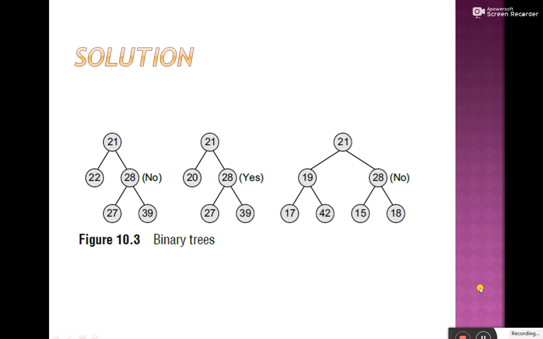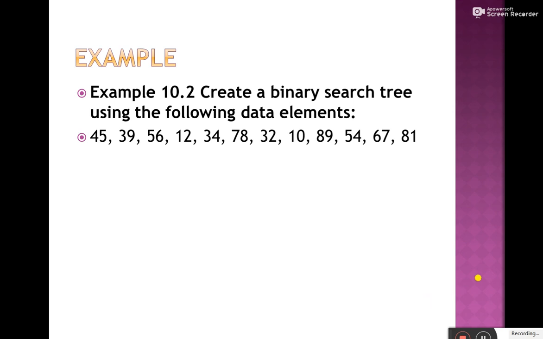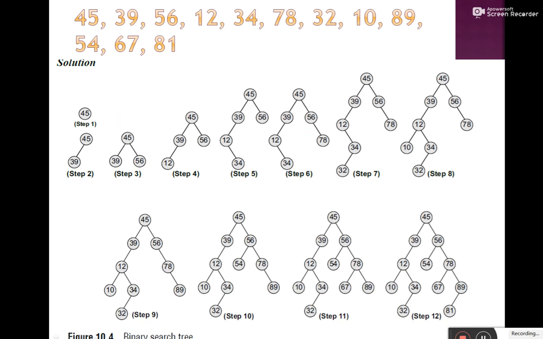You can now identify whether the given tree is a binary search tree or not. Now our next example will allow us to create a binary search tree using the given data elements. Let's say you are given these data elements. These are nothing but the nodes that will make up the binary search tree. So how many elements are there? 1, 2, 3, 4, 5, 6, 7, 8, 9, 10, 11, 12. 12 elements are there. So there should be 12 nodes in your binary search tree. Now we are going to see a stepwise procedure for how to create a binary search tree from the given list of nodes. Okay. Now here it is step 1.